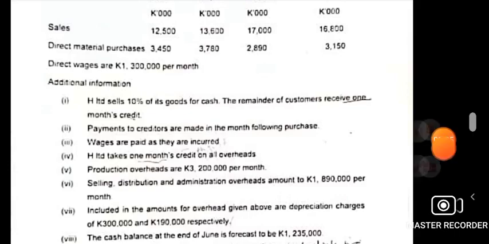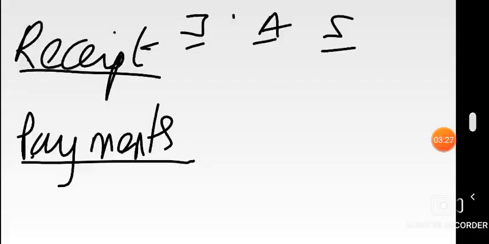Let me show you. So you're in the receipt section, as I was mentioning, and you're dealing with the sales, which fall under the receipt section, and you want to demonstrate what they've explained. 10% of the sales are cash, meaning in that very month when they sell, 10% should be recorded. So we said, let's start with June in a sequential order. June, it was 12,500 total sales figure, but 10% should be recorded. That's what they say as cash sales. So in June, you record.